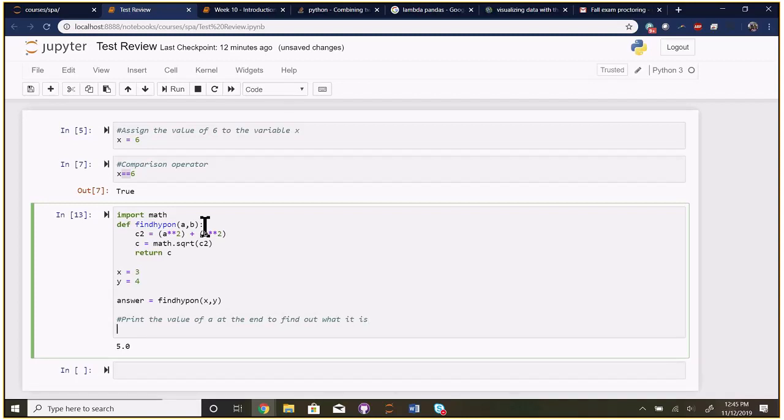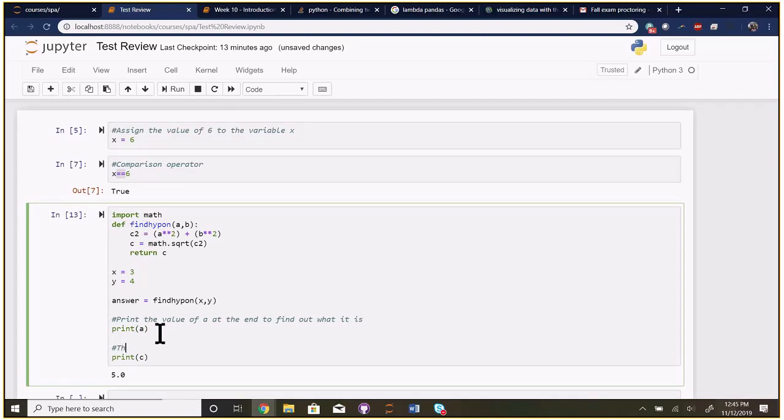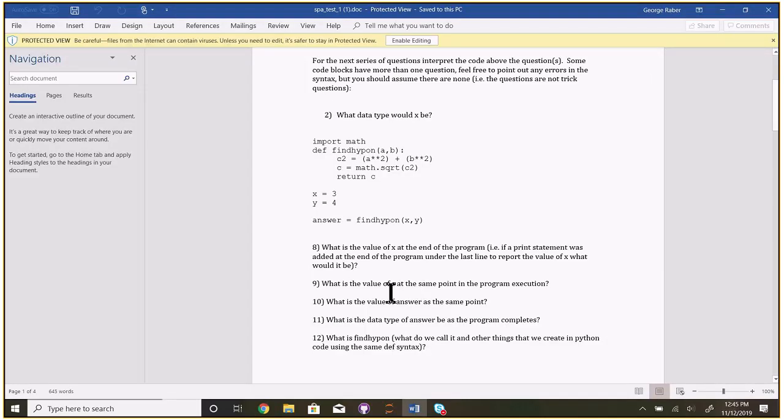So that's where we did print A, and then print C. I'm going to say the value of C is undefined at this point. And the answer then is that undefined. Yes, exactly. So at that point in the program execution, C is undefined because the function has stopped executing, and so it